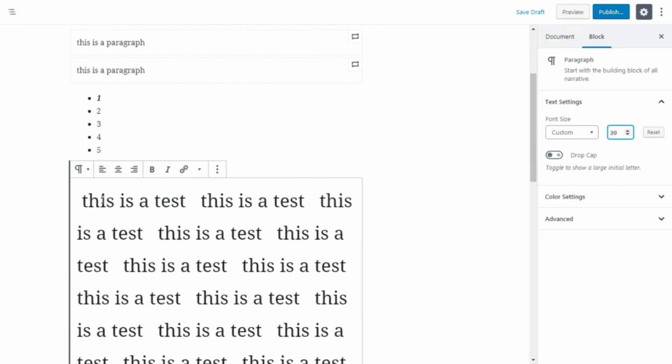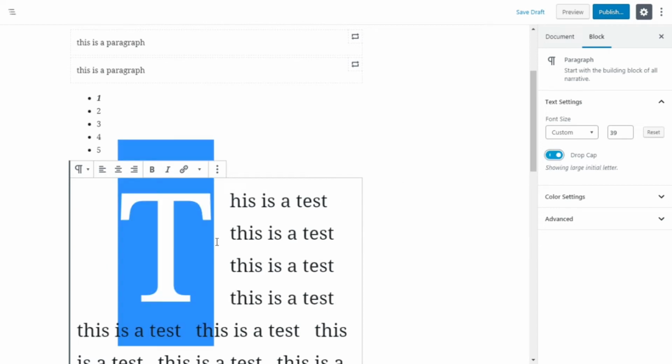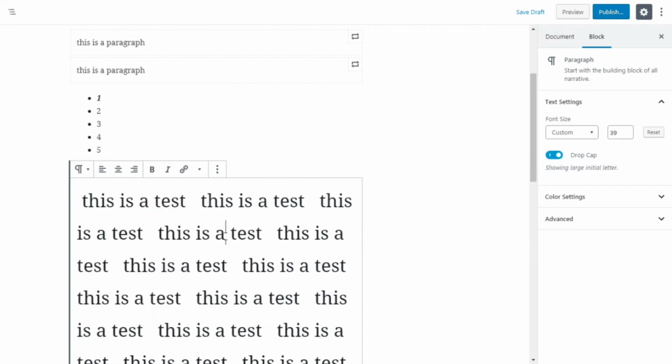Drop cap, if we highlight the beginning word or beginning letter and we click on drop cap, this is what you see a lot of times in magazines. So it just makes it a little more professional. It looks good. All right. So there are actually studies that show that when the human eye sees a drop cap, they look upon it and think, oh, this must be legit, or this must be important